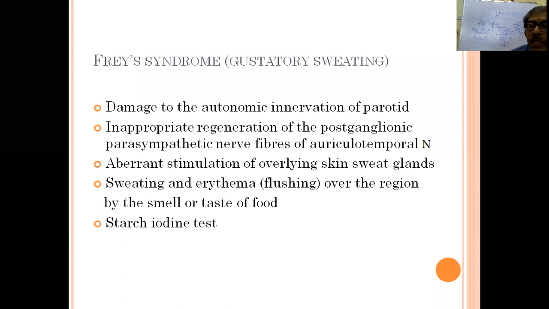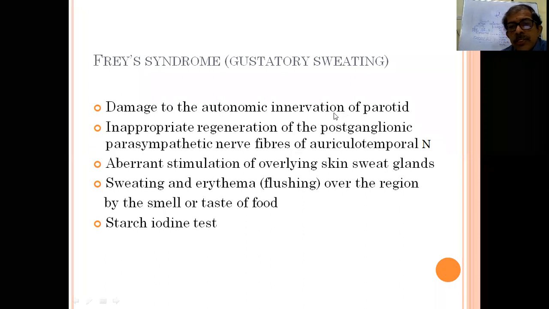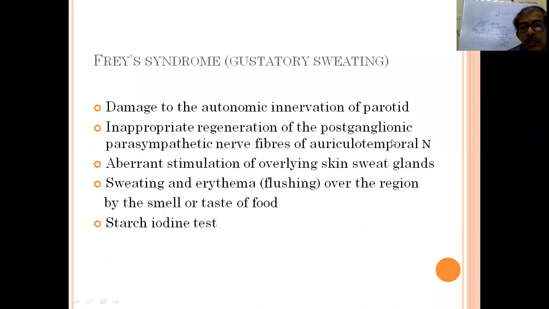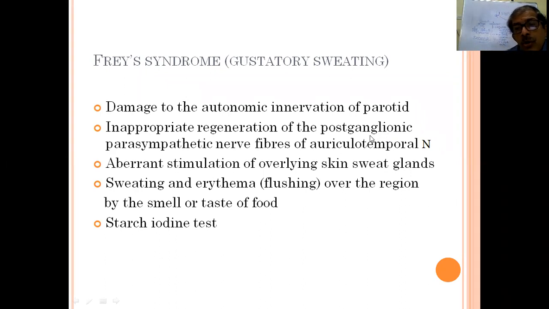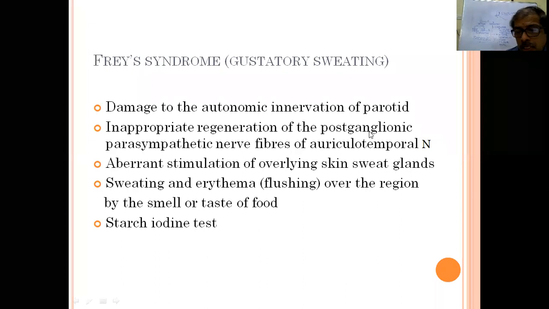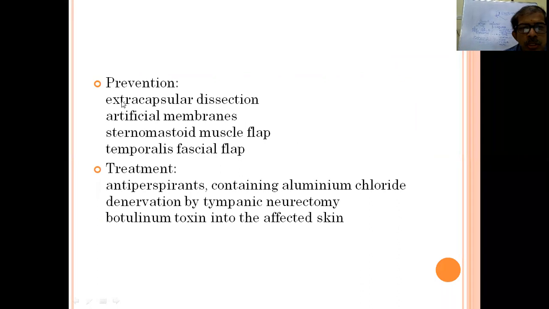While supplying the sensations, it will also supply secretomotor fibers. So it is actually the ninth nerve that is supplying the secretomotor. Whereas for the submandibular and sublingual glands, it is the facial nerve through the chorda tympani. So similar-sounding nerves are there. You should not get confused. That's why it is also called auriculotemporal nerve syndrome or gustatory syndrome of Frey.